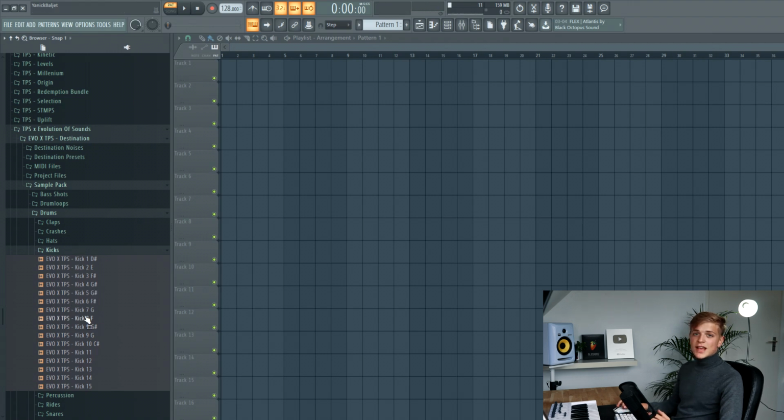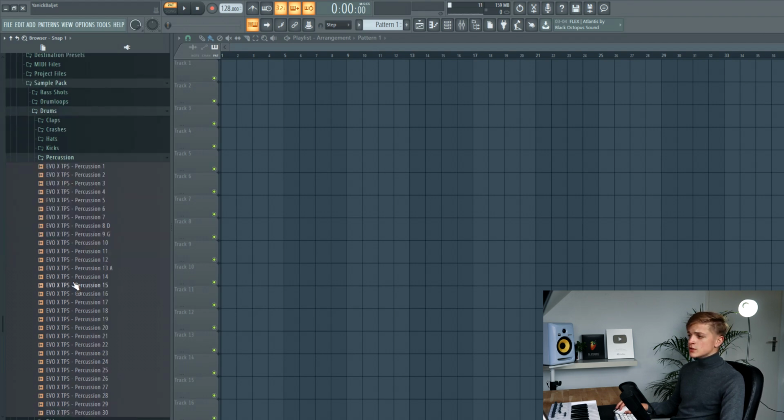The kicks are key labeled, so if your bass is in, for example, G, you can go on and utilize a kick that's also in G, so it will sound in key. We have 30 percussions, which are really important to fill up space in your track and to make it a little bit more